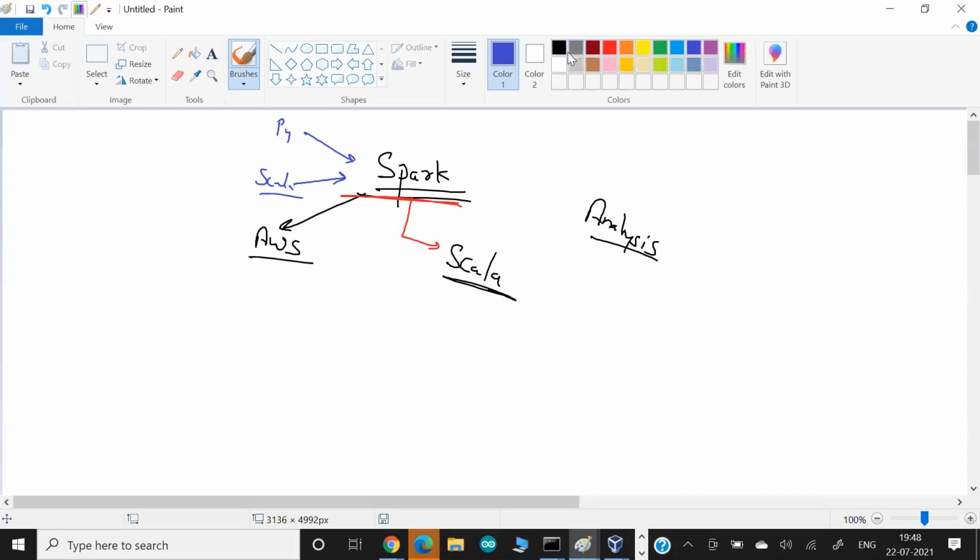Okay, so my plan, guys, for today, because we are very comfortable with Python, right? So my plan for today is to introduce you to the Scala language, and then